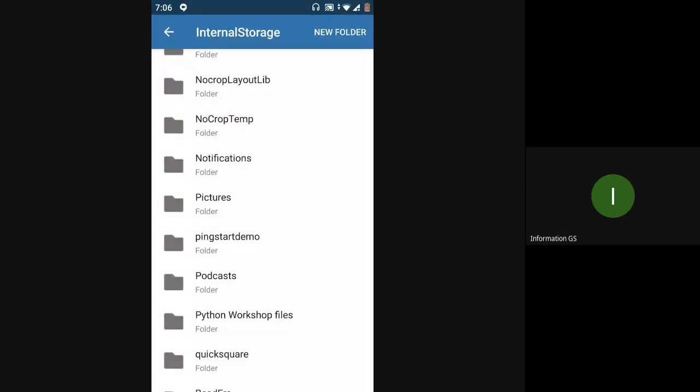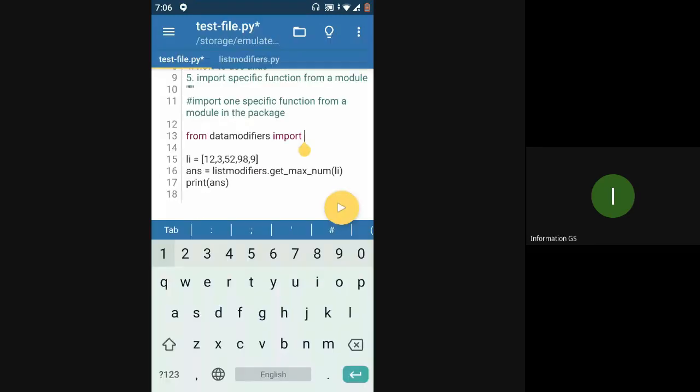Okay, yeah, got it. In order to import more than one module from a package, you will have to list those separately. But instead of writing the whole thing again, you can just use a comma and get the second module name. So this should work. Yeah, it works. This is when you want to import multiple modules from one package.